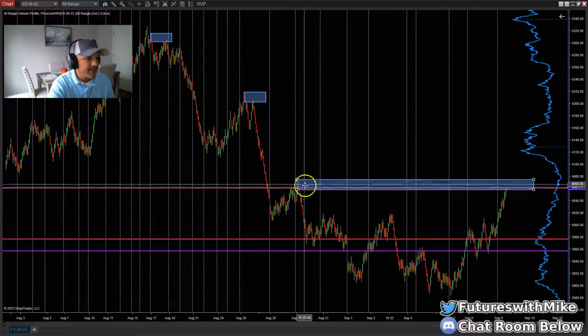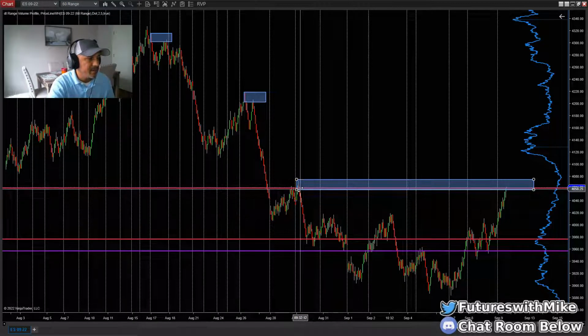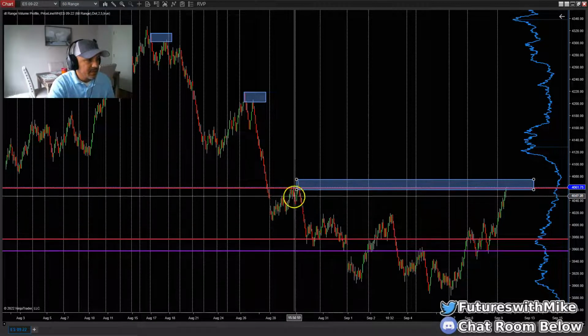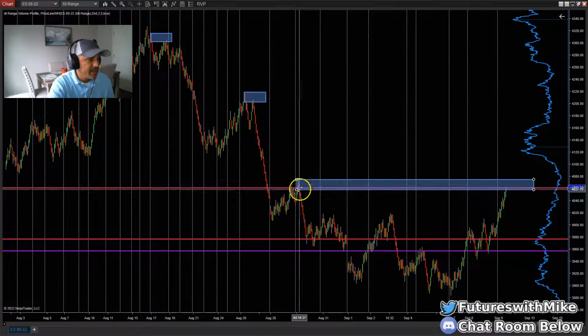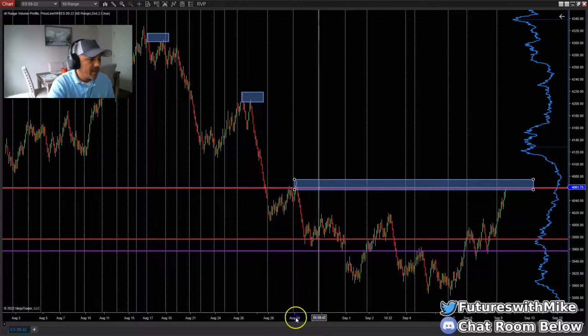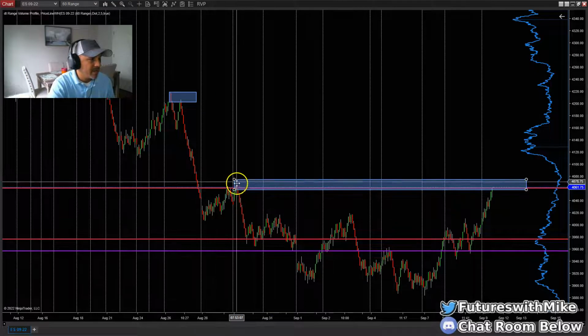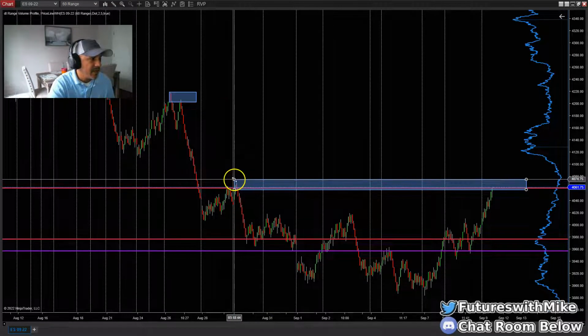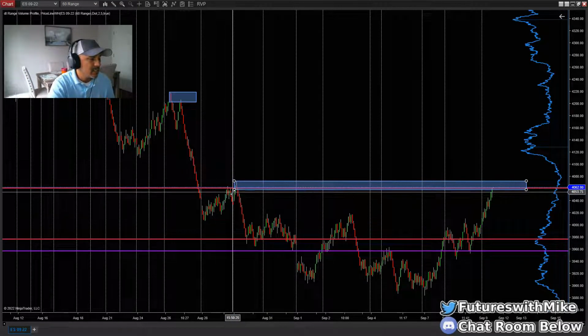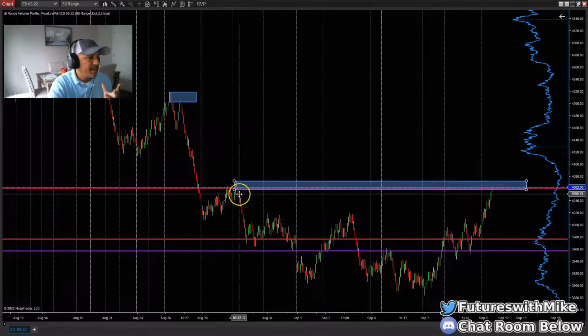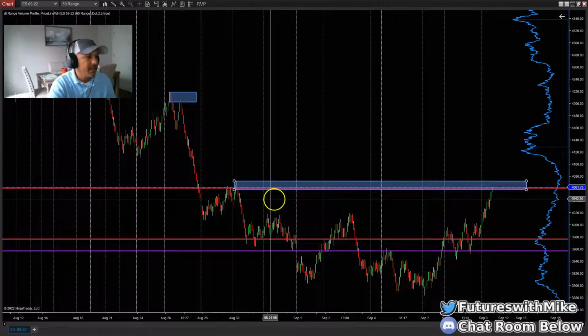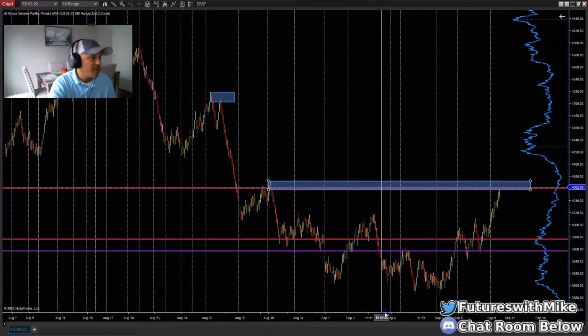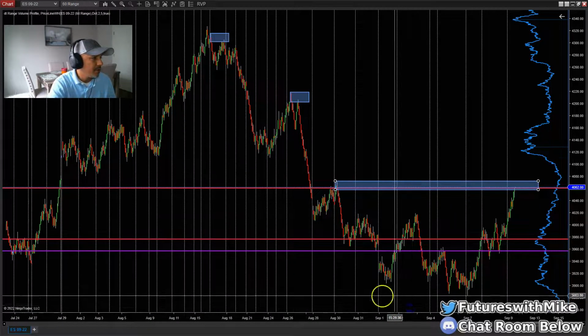You can mark it from the top end of that red candle to the bottom end of that red candle. This is the last push to the upside, that green candle. And then there's a red candle here that wicks out above that green candle. So take it from the top end, the wick of that red candle, down to pretty much the body of that red candle, or the bottom end. So this is our supply zone off of the 60 range chart, all right?